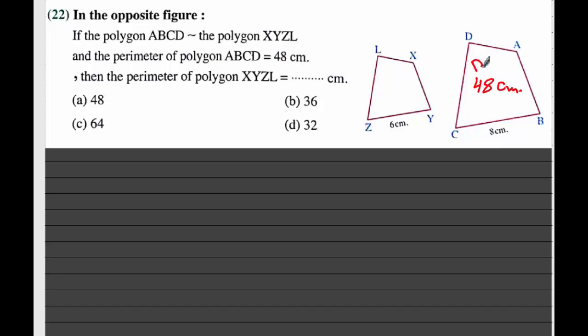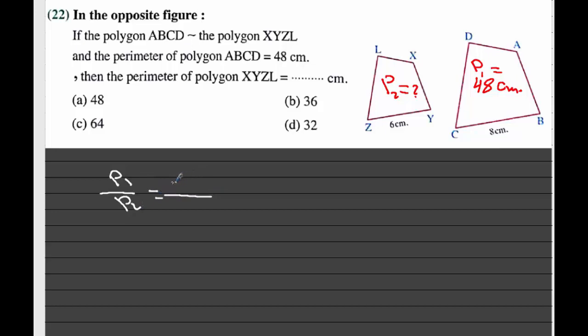Here is B. Then the required is to find the perimeter. Here P2 equals, here is the required, and here P1 equals 48. The ratio between the two perimeters equals the ratio between any two corresponding sides. So we write P1 over P2